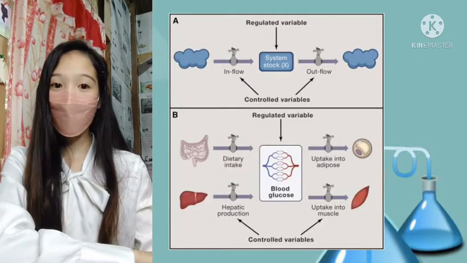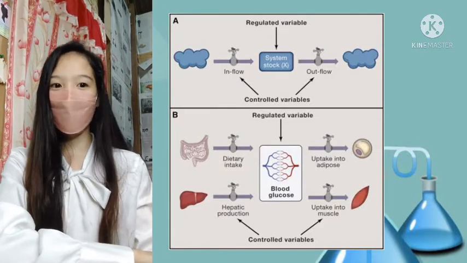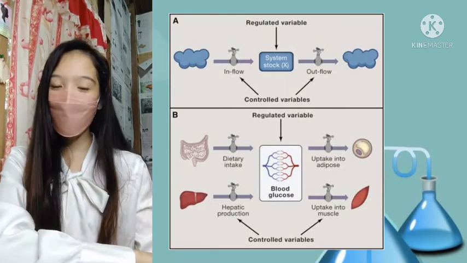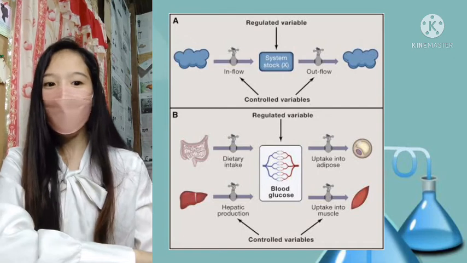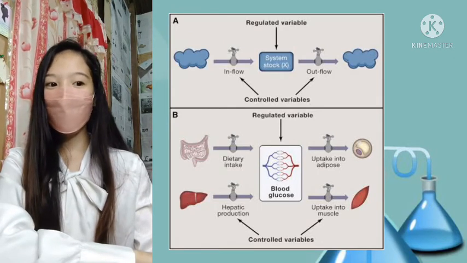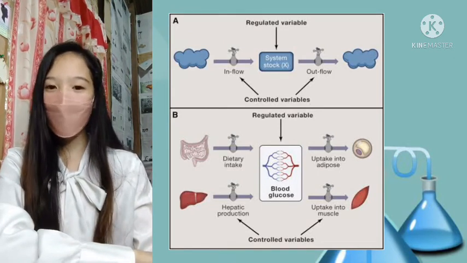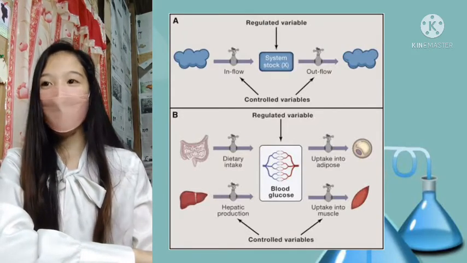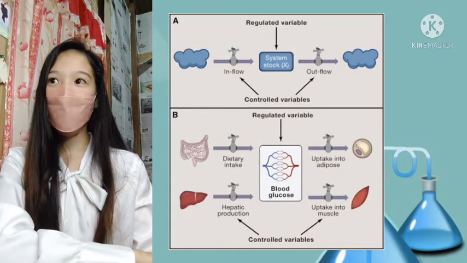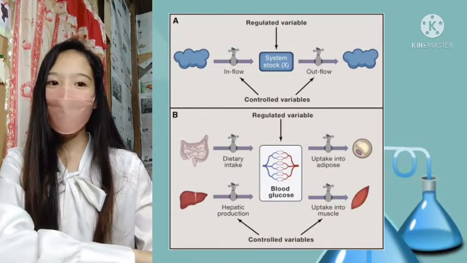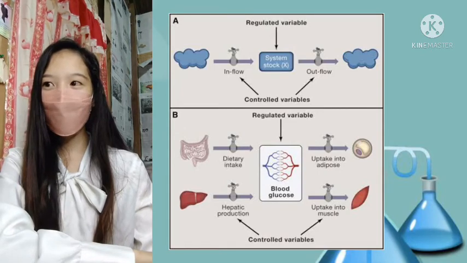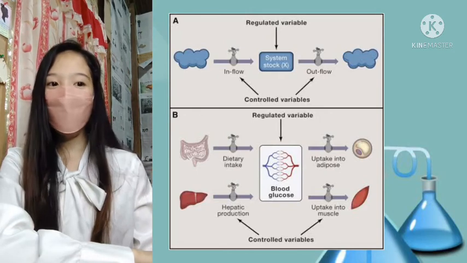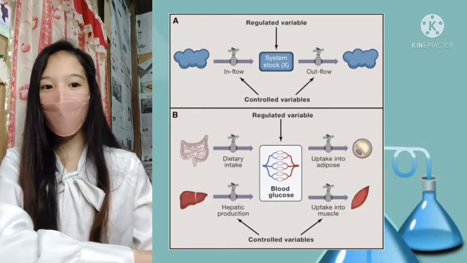Thermoregulation is an example of negative feedback, tulad ng sinabi ko kanina, and it refers to the homeostatic regulation of the body temperature. And the human body tends to maintain an internal temperature of about 98.6 degrees Fahrenheit, and that is equivalent to 37 degrees Celsius. And it is also referred to as a set point.